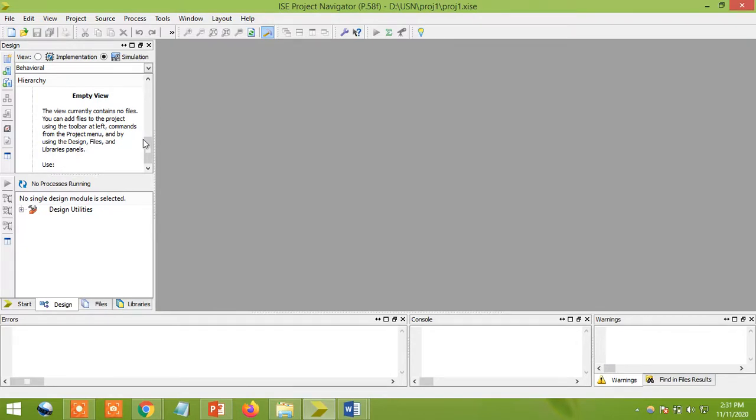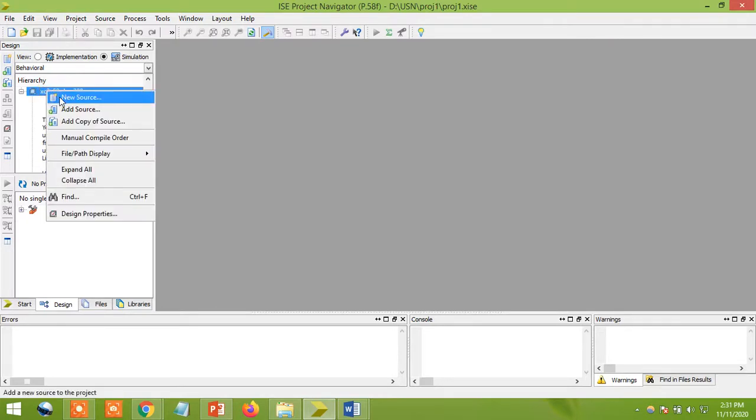So what is my first task? I want to create the project. Now, under the project we can create many files. I'm going to create one file for Verilog coding. For that, you select this IC, and don't select the project. Select this IC first, the blue color you can see. Right click here.